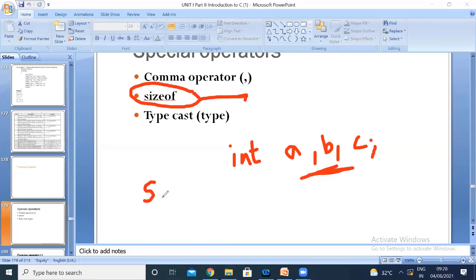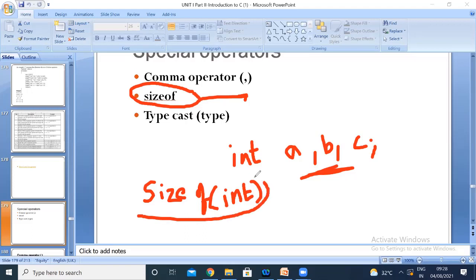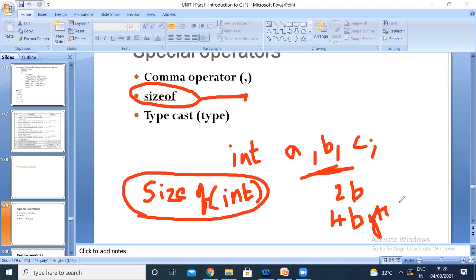For example, if I write sizeof int, previously I told you how many bytes int is occupying. For 64-bit to 4 bytes. Yes, if it is 32-bit, it is giving you 2 bytes. So this sizeof operator is going to return you the size of your data type in bytes, whether it may be 2 bytes or 4 bytes. Not only int, for any data type, you can find out the size by using this sizeof operator.